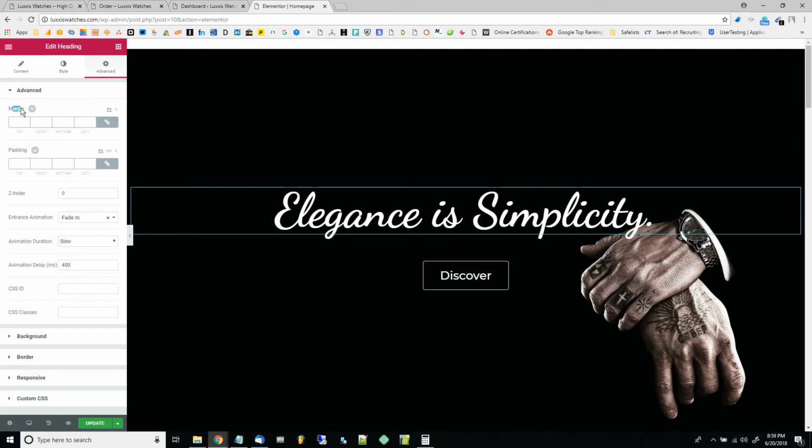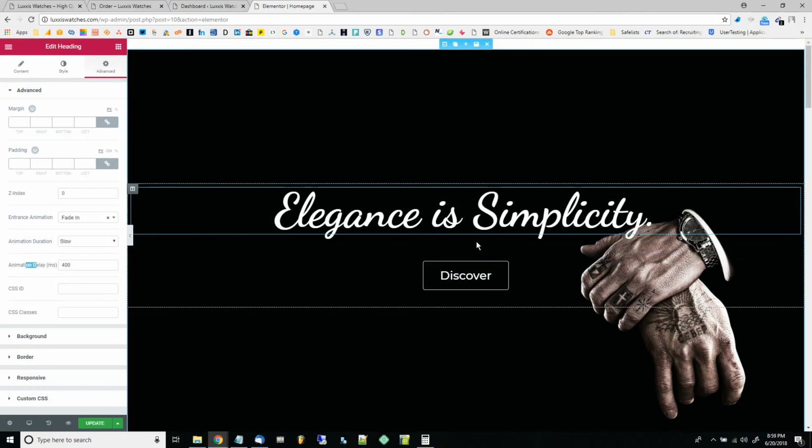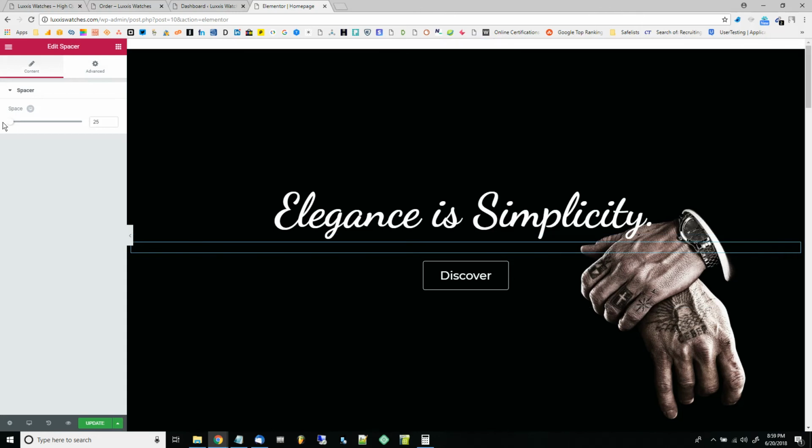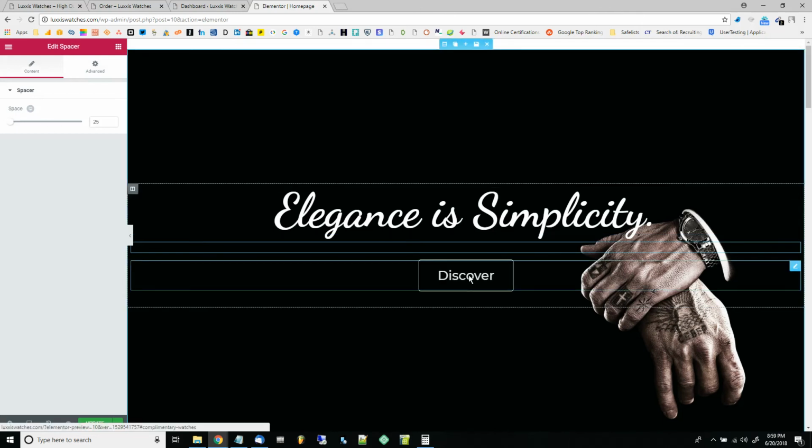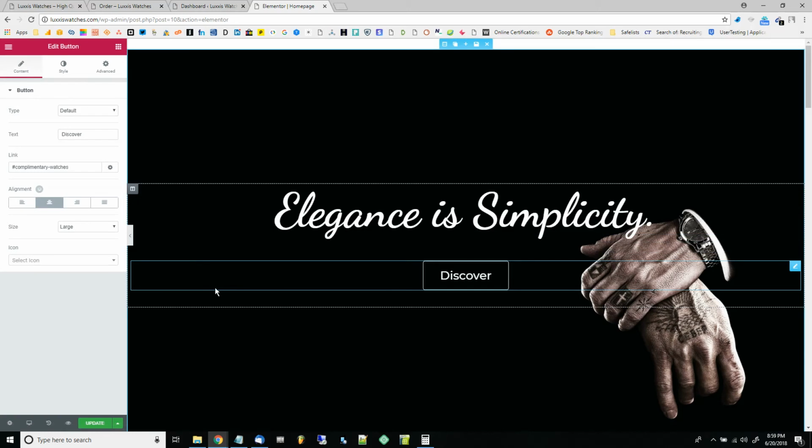You've got your spacing here, your z-index, animations, animation duration, delay. You can add borders, background specific to just this little block, and different things like that. So, for instance, you can get into the spacer and adjust the size of the spacer. And then you've got the button here,